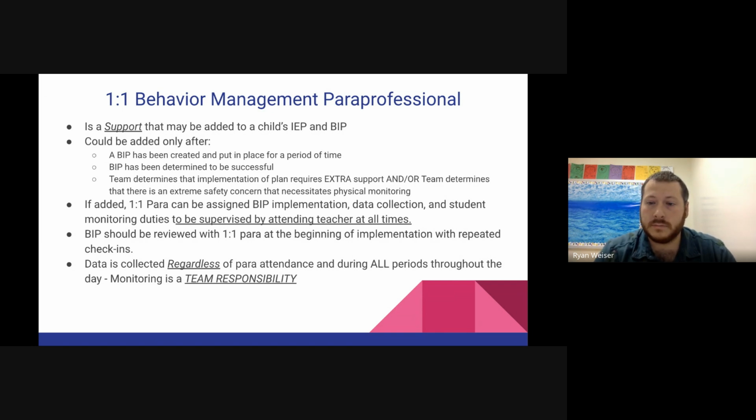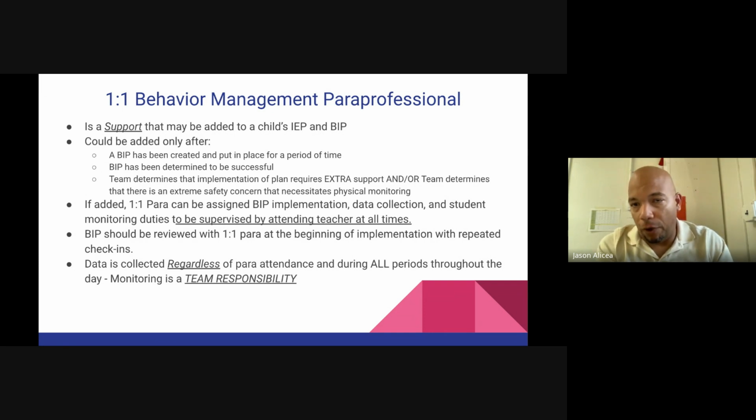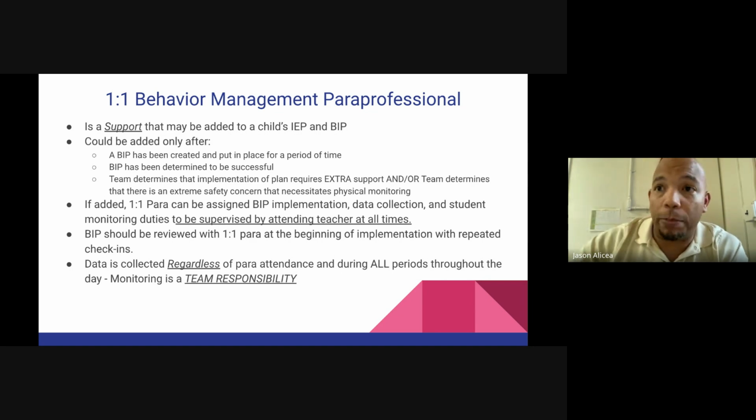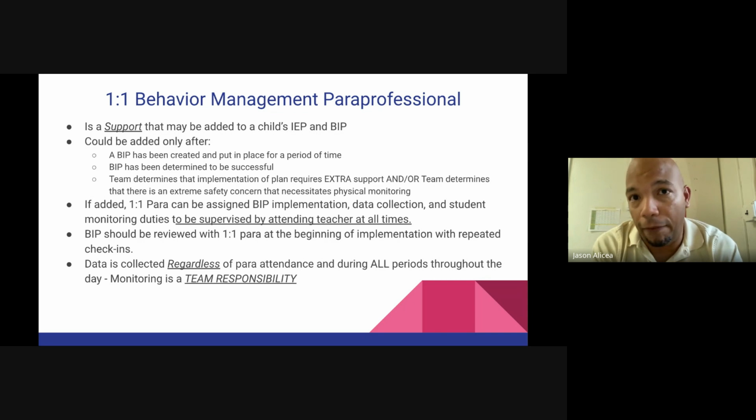Next slide, please. I wanted to also jump in and mention, off of Ryan's point, that not only should the data be taken throughout the day, regardless of the paraprofessional's presence, they might be at lunch, they might be absent, but also on trips. If your class is out on a trip, whether it's a local trip or a bus trip to somewhere a little bit further away, those data sheets should be traveling with the classroom team, para and classroom teacher, to collect that kind of information, even when we're outside of our regular environment.